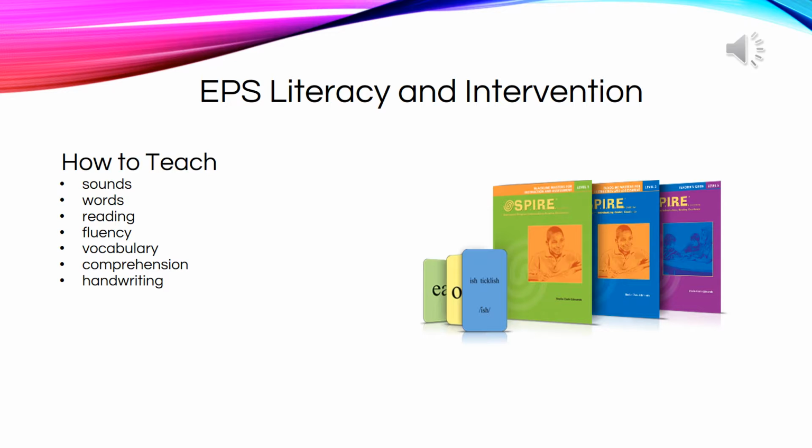iSpire offers 7 areas of reading focus: phonological awareness, phonics, spelling, fluency, vocabulary, comprehension, and handwriting. iSpire provides immediate feedback which teachers can use to drive curriculum. It is highly recommended that teachers provide 60 minutes worth of instructional time 5 days a week for the program